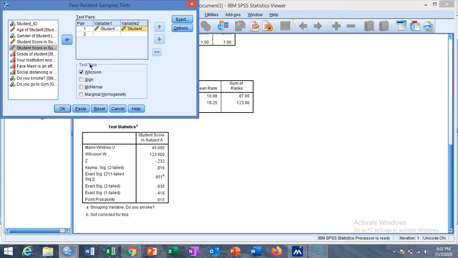I select the Wilcoxon test again to compare whether the two related samples have same median or different median, or the median of the difference is equal to 0 or not.